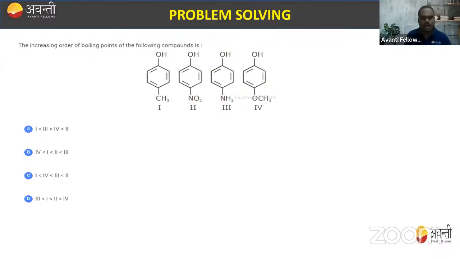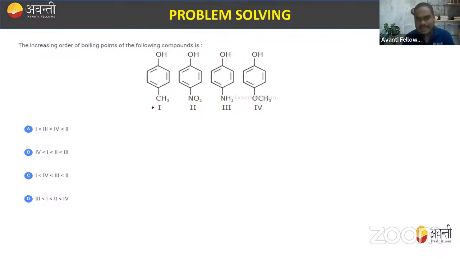Chalo. Move to the next question. That is the increasing order of boiling point of the following compounds, right? You have to identify the increasing order of the boiling point. So we have